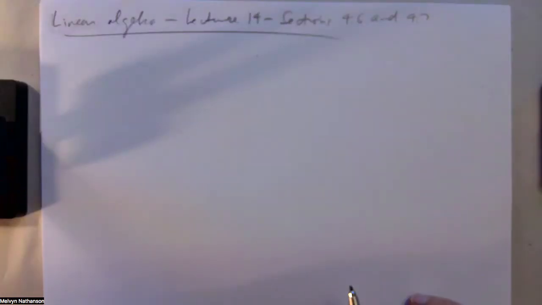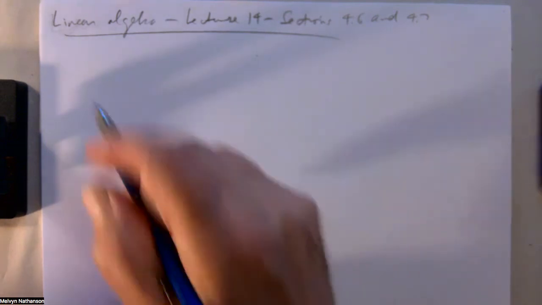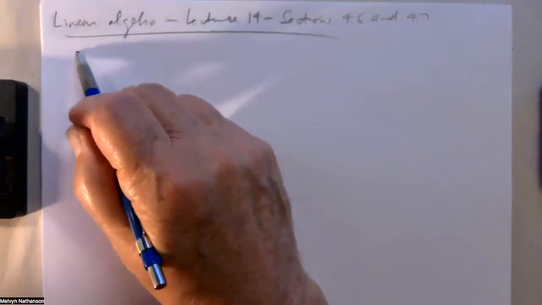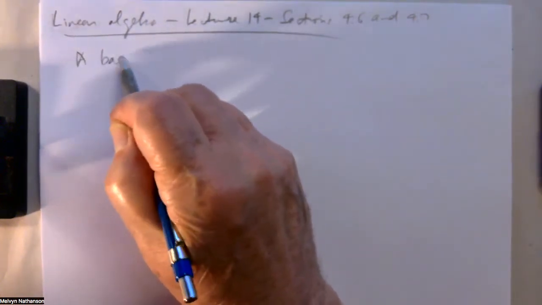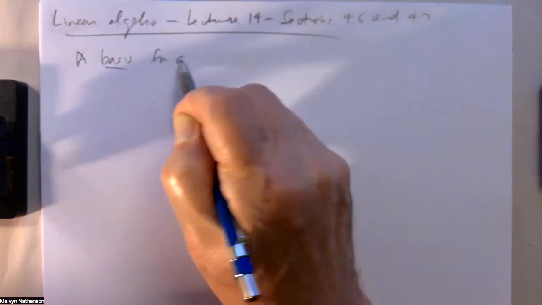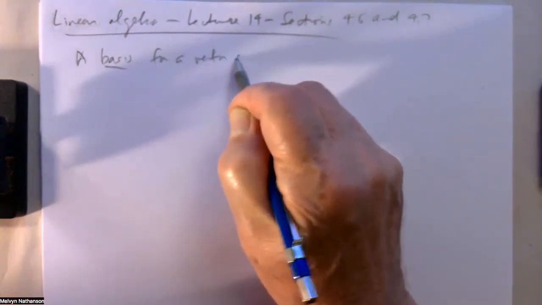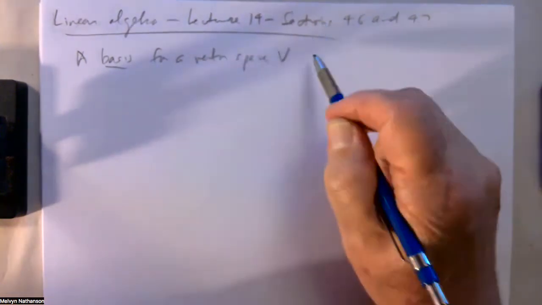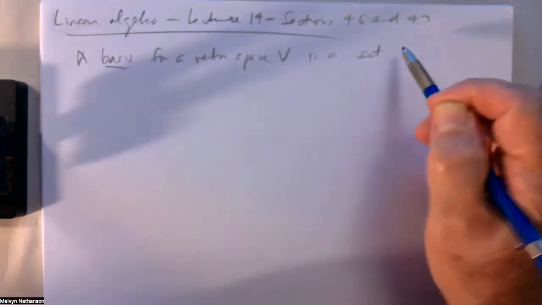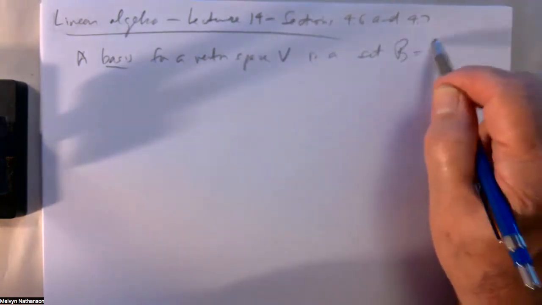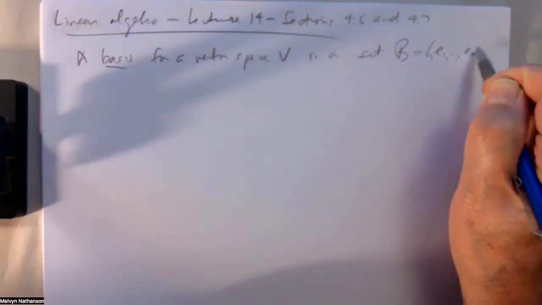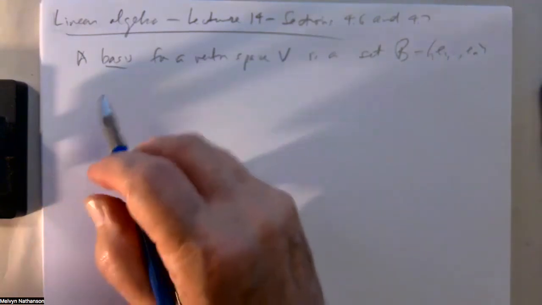So in this talk, I'm going to describe how you represent a linear transformation by a matrix. But let me start by just reviewing something about bases of vector spaces. So let's recall a basis for a vector space V is a set that's called B, e1 up to en, a basis of vectors,